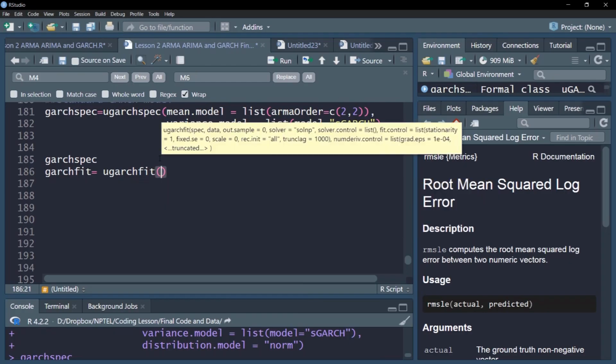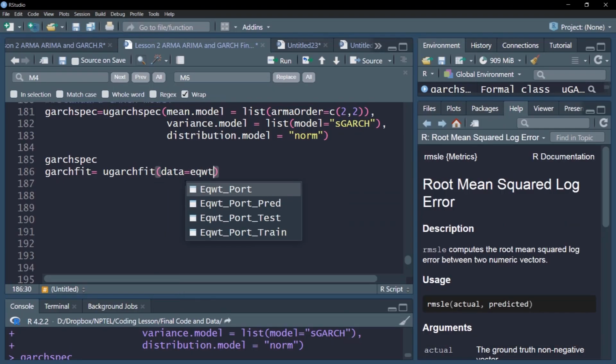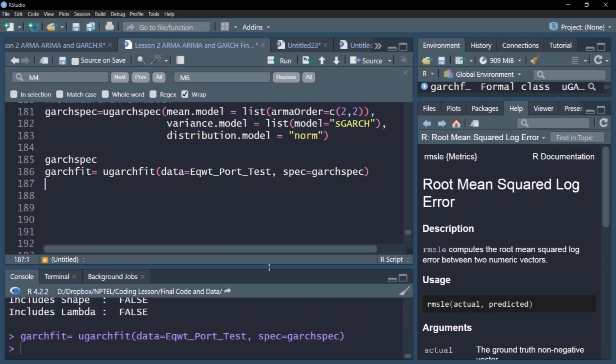We'll fit our data. So use this ugarchfit, and the data we already had, which is the equal weight portfolio test object. So this is our test data which we are going to fit, and then we'll use our spec as GARCH spec. This spec we have created. It may take a few seconds to fit this object.